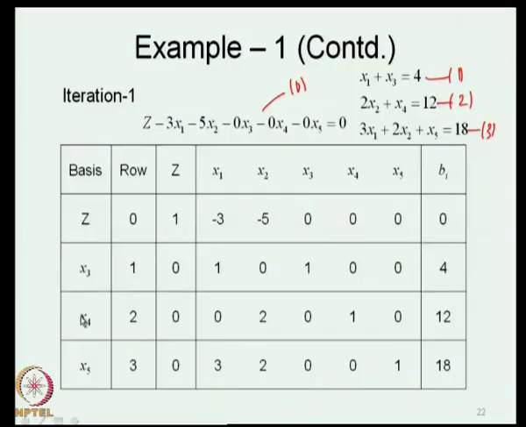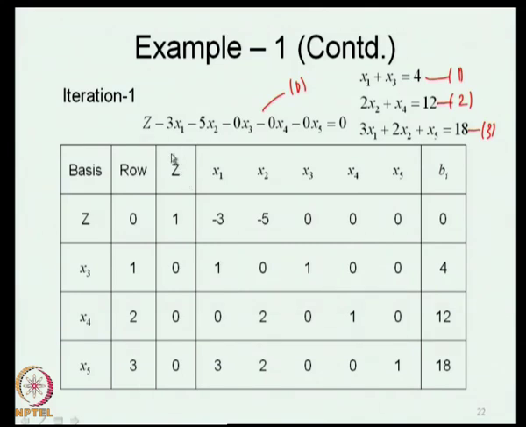In the first tableau all we have done is reproduce the original problem with x 1 set to 0 and x 2 set to 0 in this particular example. Therefore, the original basis will consist of x 3, x 4 and x 5, and z will always be in the basis. So, we write the first column of basis as z, x 3, x 4 and x 5. Then we use the row numbers as 0 corresponding to the z row, 1 corresponding to the first constraint, 2 corresponding to the second constraint, 3 corresponding to the third constraint and so on.